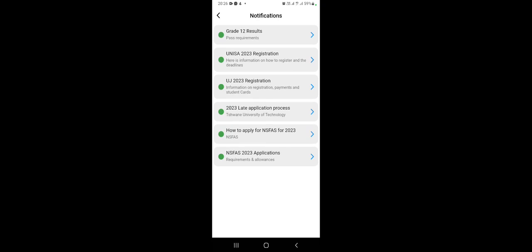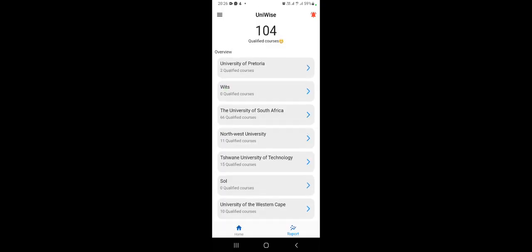higher certificate. The next thing now here, it shows UNISA 2023 registrations. Okay, this one is for people who already applied for admission and then received an offer. They accepted the offer. Then now they apply for registration. See? So it's step by step. At the same time, it shows you how to apply for NSFAS for 2023. You can see NSFAS here. It shows you at the same time NSFAS 2023 applications, requirements. Very simple. But we'll cover these ones next time. We will definitely cover